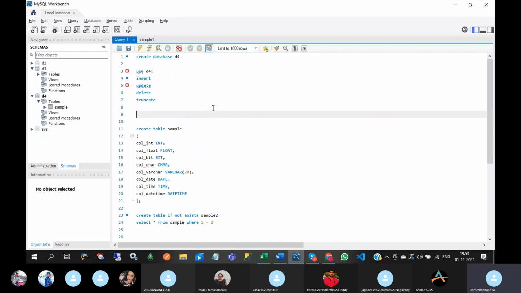So how to insert the data into the table? The insert query is insert into table name sample. So what columns are there? You need to write the column names here.